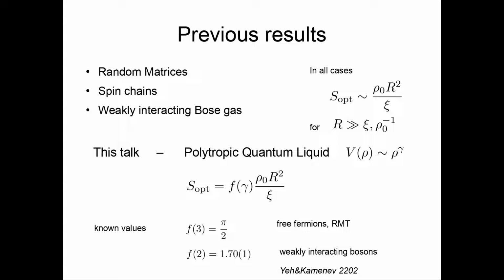Our main achievement here is to calculate this function, which is the prefactor of the action, which depends on the polytropic index gamma. So there are two known values. As far as I know, one is the result for free fermions, where f is pi over 2. Also, this is true for the GUE ensemble of random matrices, essentially for every ensemble of random matrices. And also recently, Alex and his PhD student Shishun